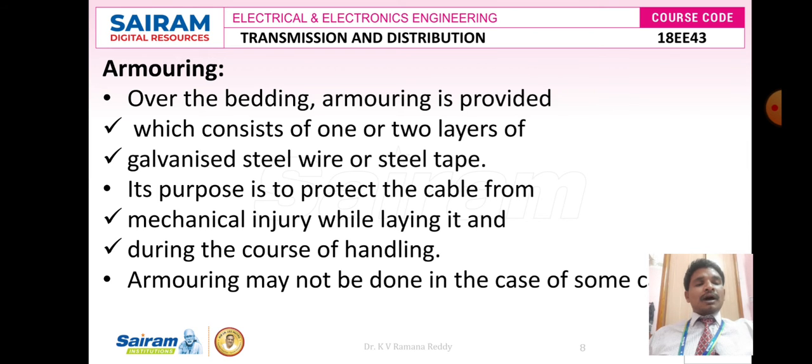due to raw stones and raw type of mud which is there under the earth. So we need to protect the conductor from mechanical stress and mechanical injury. The bedding is again covered by one more material, galvanized steel wire or steel tape, which is called armoring. Armoring may not be done in some cases; it is not preferred for all cases. It is preferred only for a few cases where the cable is subjected to heavy mechanical stresses and